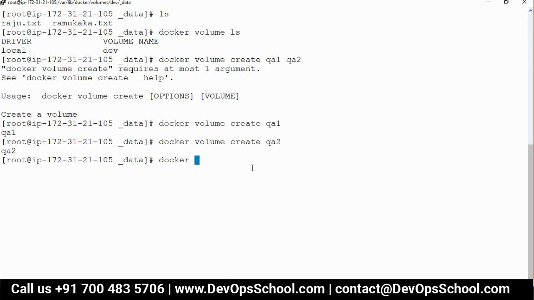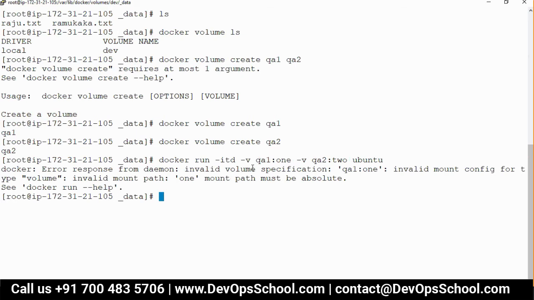So docker run -itd ubuntu, here -v QA1 to opt/1, and here -v QA2 to opt/2. Sorry, it's a wrong mapping. See here, you can make a spelling mistake, something is wrong, I'll correct it.